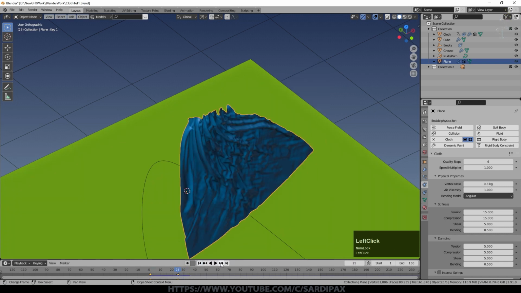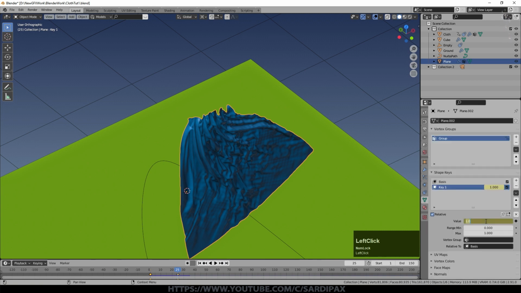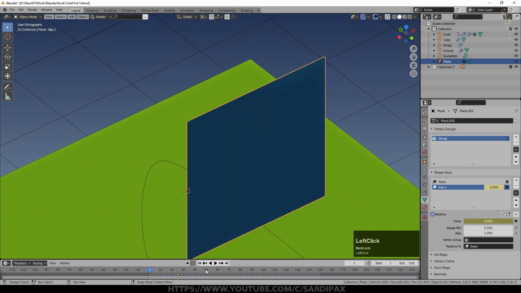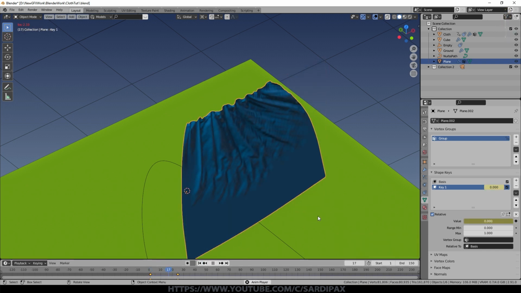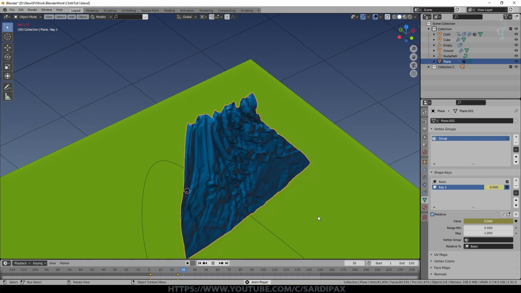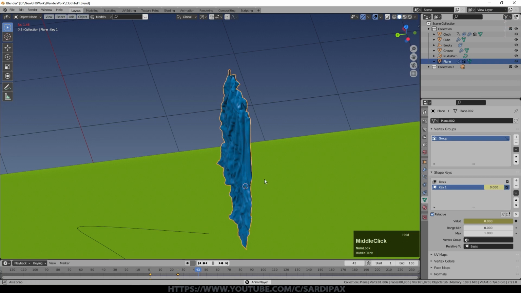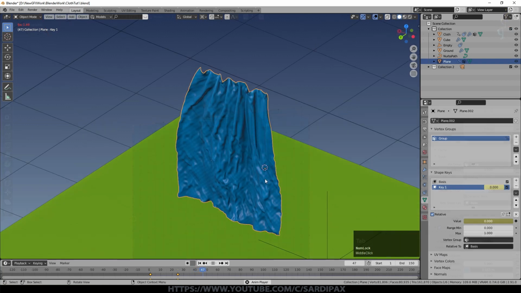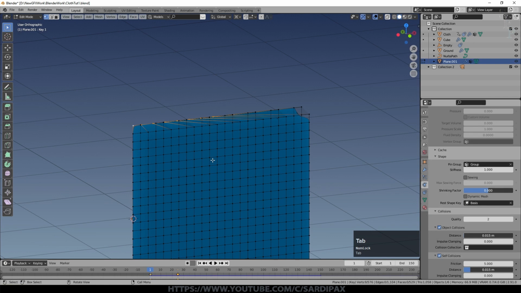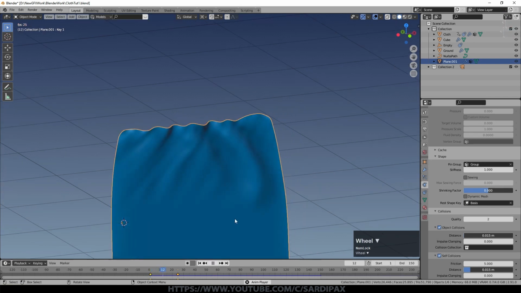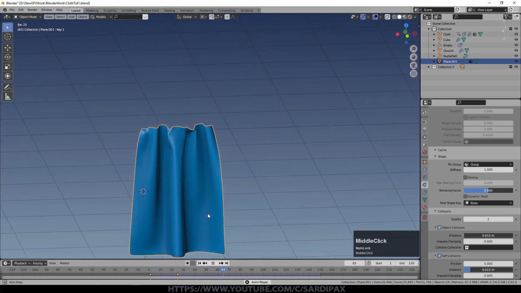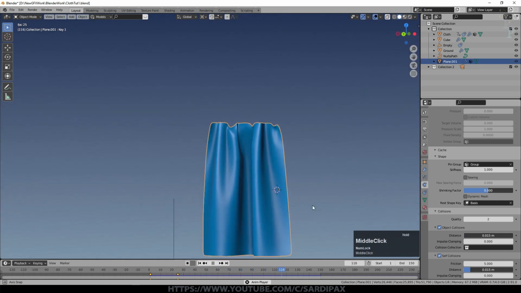If I go to this frame and this keyframe here, we could say 0.75 if I find it's being crumpled too much. Reset the keyframe, and now they won't draw in quite as much. And that gives the material a bit more room to move. And you obviously have to wait a while if you want your curtains to just hang, for them to stabilize. So I've remade the plane there with slightly fewer subdivisions, and we can see our basic curtain effect there.